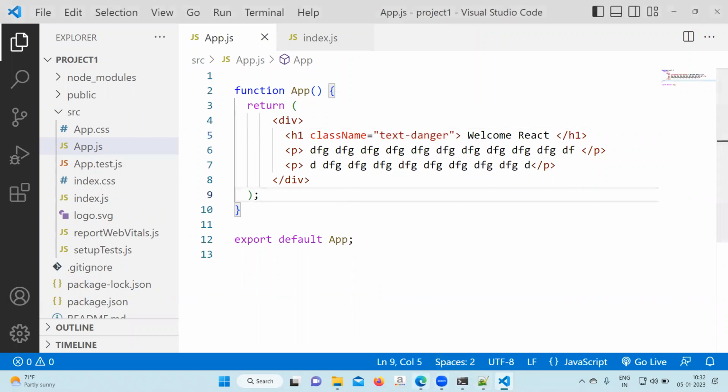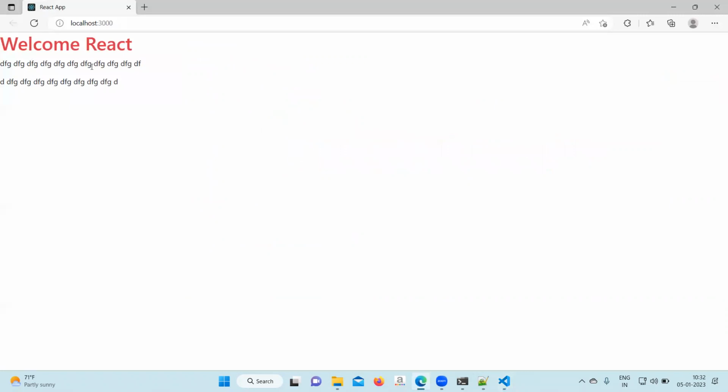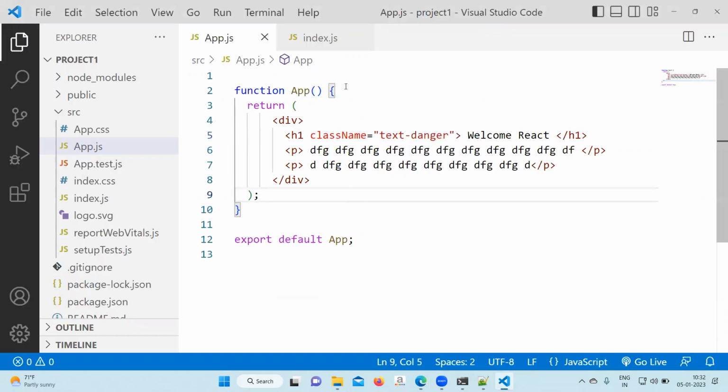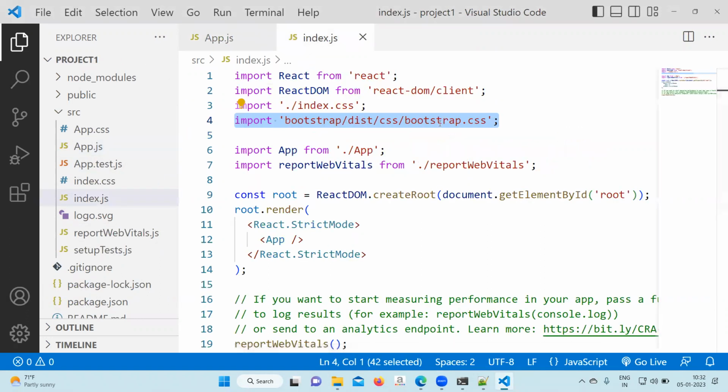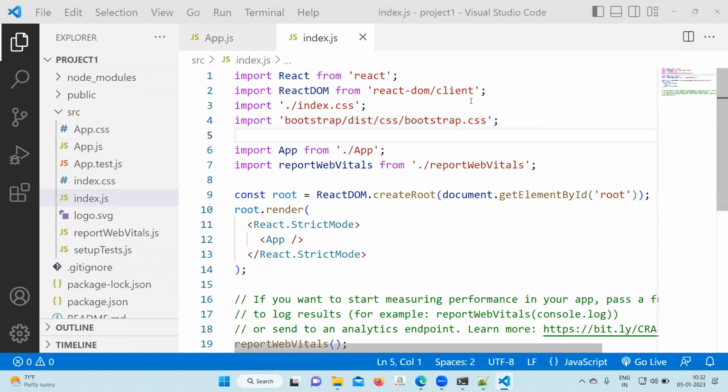Okay, getting something? Now, what we did, we went to which file? Under the index.js file, we imported the bootstrap, right? Next, after this, bootstrap installation is done. Project setup is also done, correct? Next,